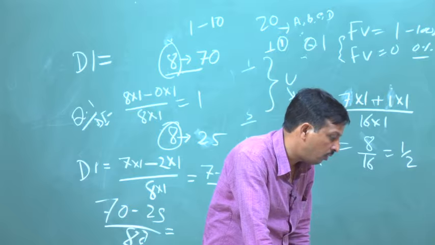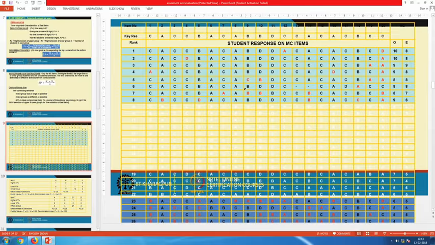Let us do two assignments quickly. Let test item number 3 in multiple choice questions carry 1 mark. I want to calculate the facilitation value and the discriminative index. For question number 3, the upper group's correct answer is C. All the students of the upper group gave the correct answer. So, facilitation value: